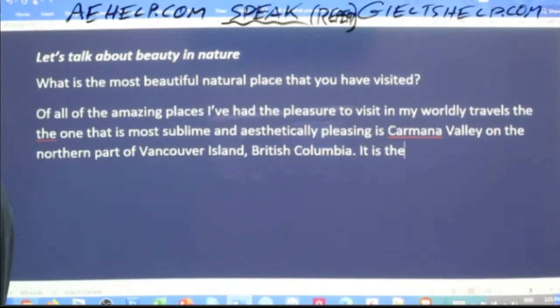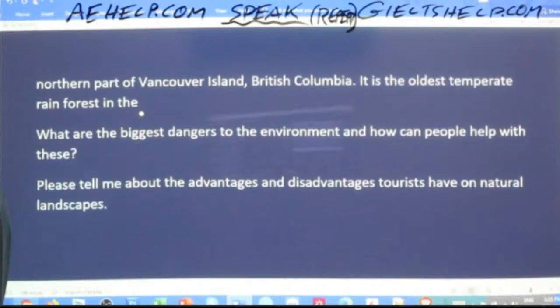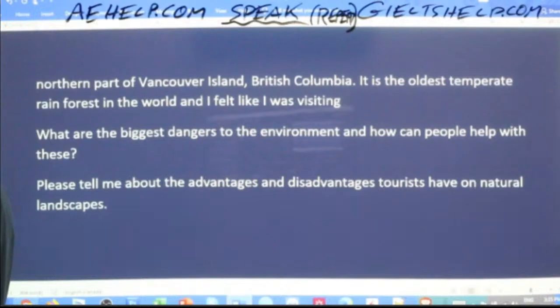It is the oldest temperate rainforest in the world, and I felt like I was visiting ancient times during dinosaurs.